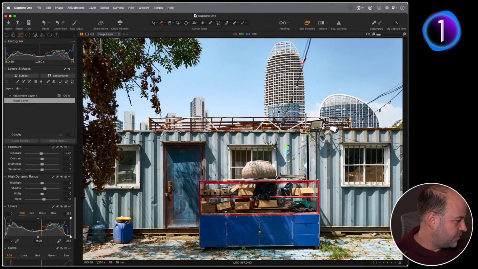Let's see. A few questions have come up. What is DAM? DAM, Digital Asset Management, is the technical term. So meaning the ability to have a broad overview of all your work like you can in a Capture One catalog, with multiple ways to search, filter, categorize, and so on and so forth. So it's just the fancy word for a catalog.